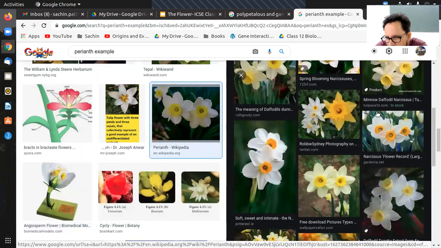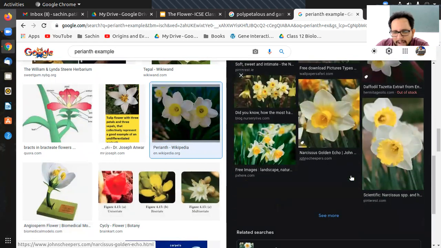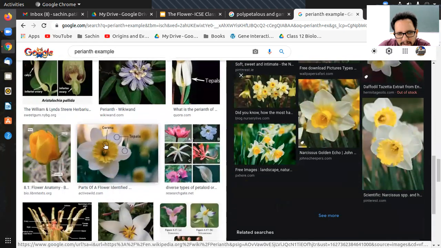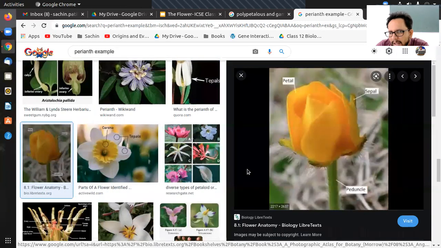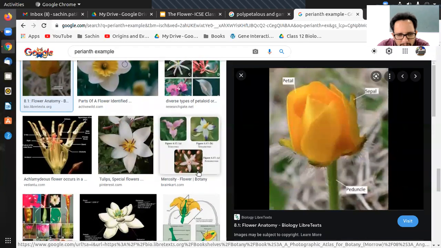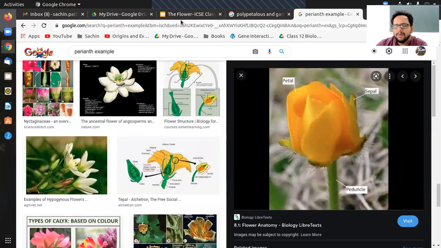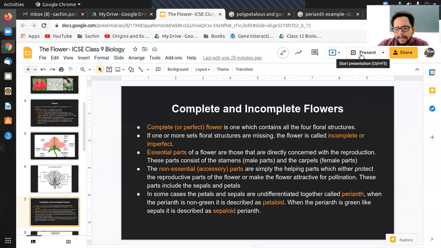Okay, I really can't see any petal-sepal fusion here. We can only see the petals. But I hope you got what I mean to say. I will try to look for a better example sometime, and I will post a picture of it as well. That's okay for now, but I assume it is conceptually clear what perianth is.